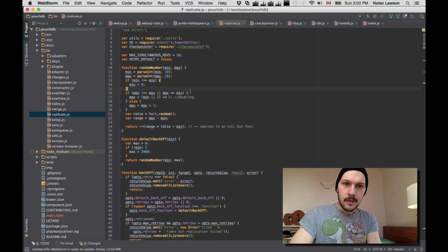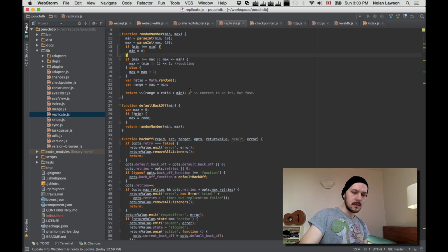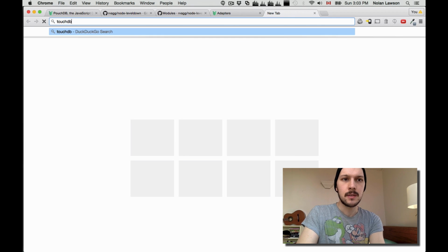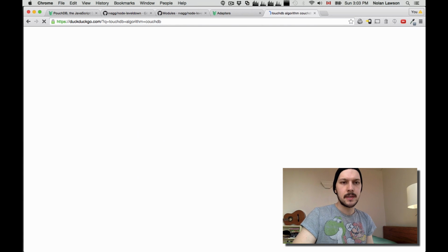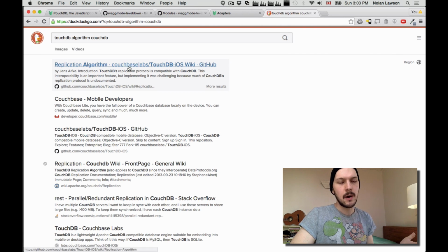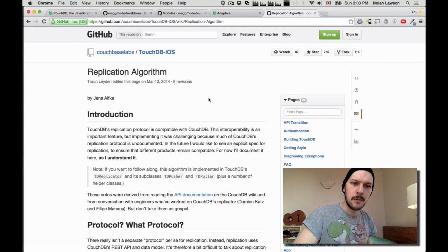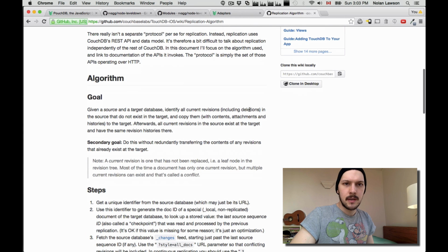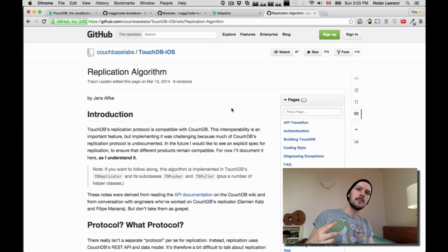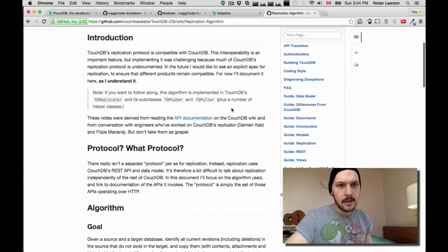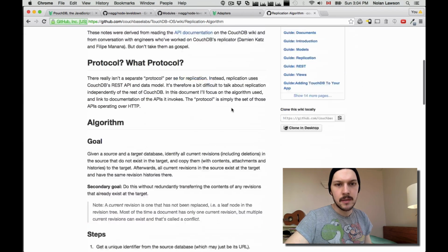This implementation of CouchDB replication is pretty well described in the TouchDB documentation. So we basically just stole it from them. I didn't write most of it actually, so I didn't steal it from them. I guess Dale or whoever wrote replicate. I don't even know who wrote it. Stole it from this, which is from the TouchDB documentation. TouchDB, by the way, is the precursor to Couchbase Lite. Yes, Couchbase Lite for iOS and Android. And I didn't realize it was written by Jens. Anyway,